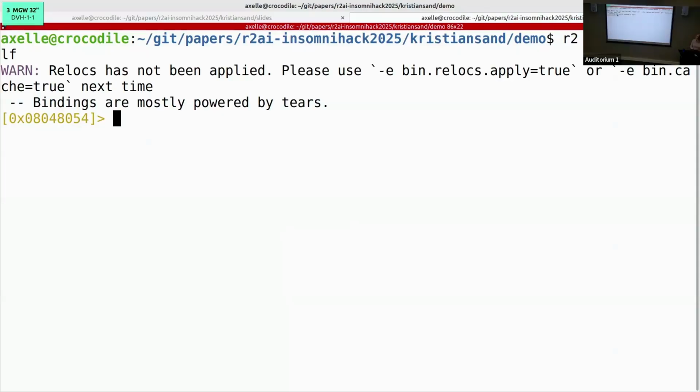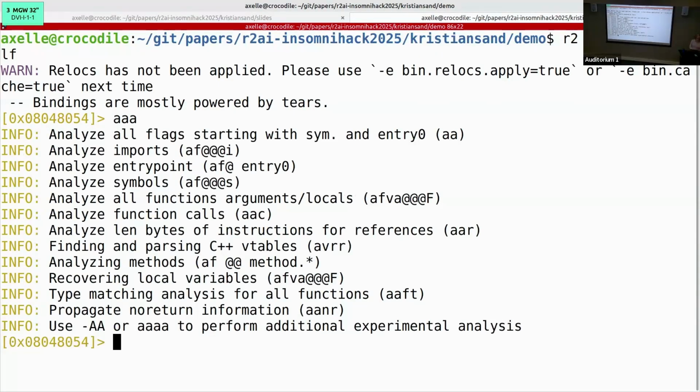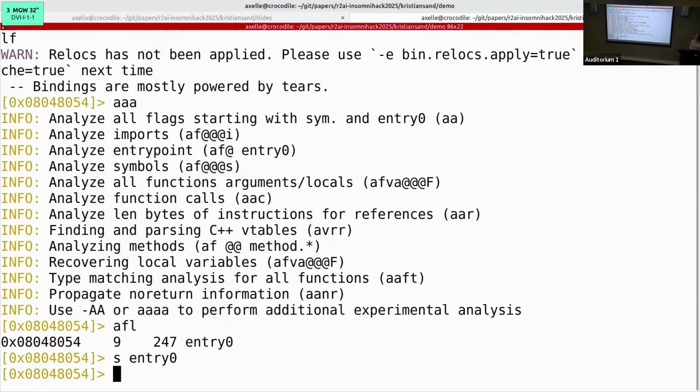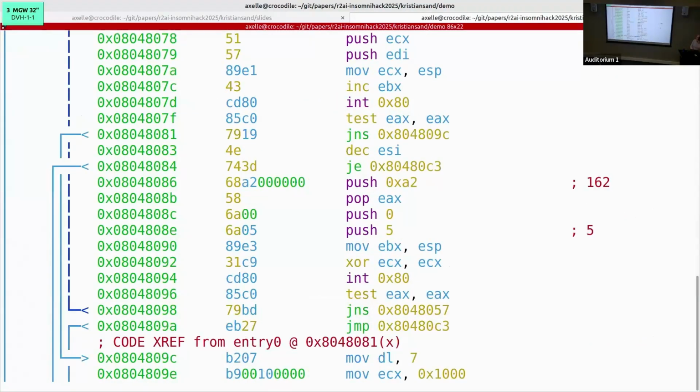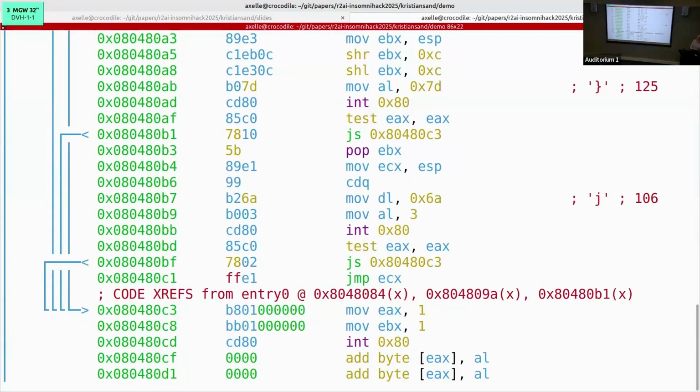So this is r2. And I told you there were kind of cryptic commands. aaa means analyze all and do all your preliminary stuff. Okay, it does that. Then I'm going to list the functions, and there is only one, fortunately. I told you it was a really small shellcode. And we're going to decompile it. And you get that. It's a little bit like Ghidra. Honestly, it's not that clear, unless you are used to reverse engineering, because there are no calls to functions in there to help you out about what is happening.